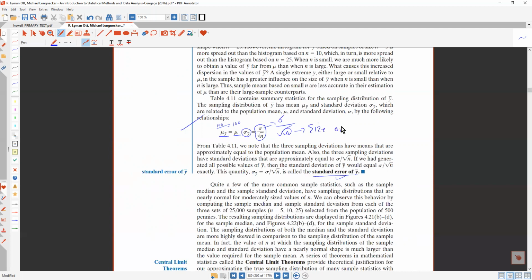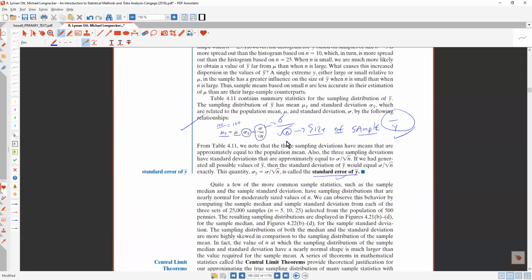Size of the sample. This is the size of the sample on which you're computing all of those mean values. This is really important to understand what this n actually is. It's the size of the sample on which you're computing mean values. It's not the number of samples you're taking, because if we're producing the sampling distribution of the mean,